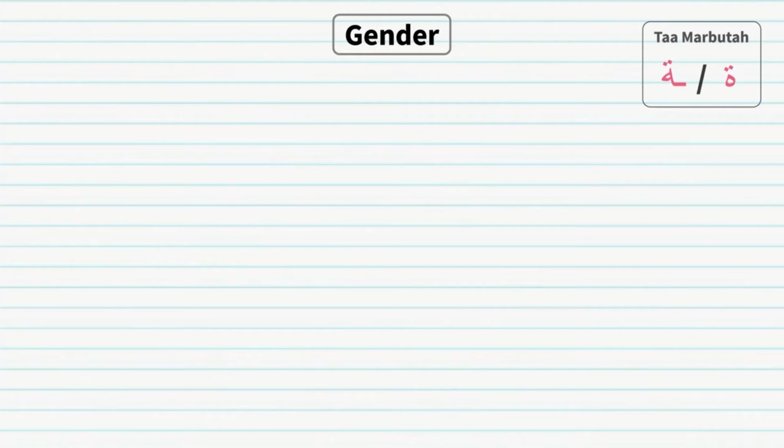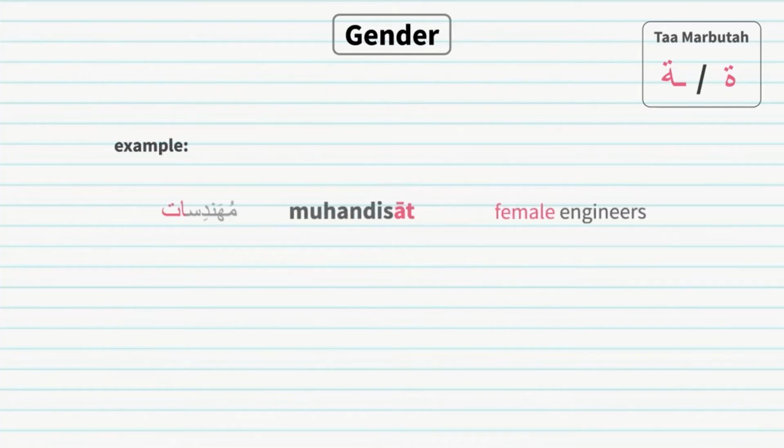The plural of ta marbuta is -at. We will talk about the singular and plural in Arabic in more detail soon. So -at at the end of a word indicates that this word is feminine. For example,